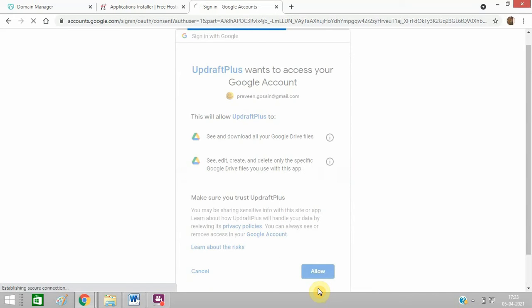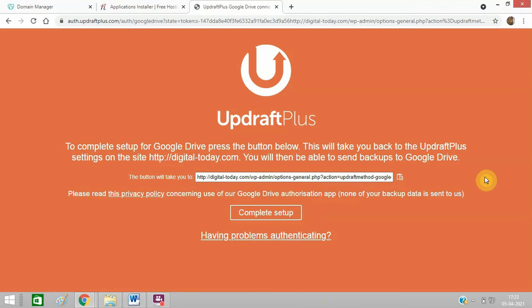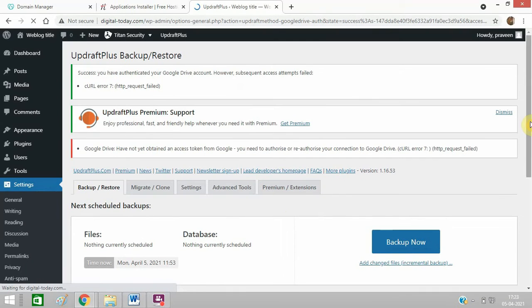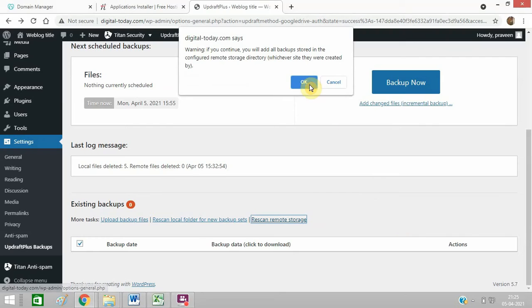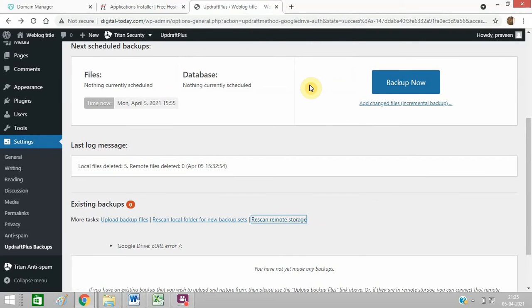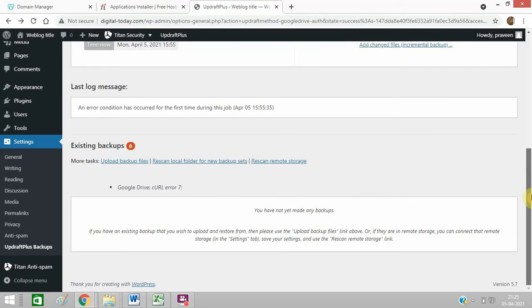Allow. Setup. So on this page, whenever I click on rescan remote storage, I am getting this error, Google Drive URL error 7. So I have another method which I am telling you.